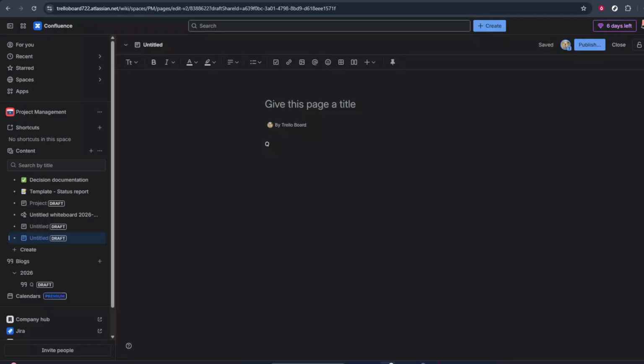In today's video, I'm going to teach you how to embed a Jira timeline into a Confluence page. We'll walk through this process from start to finish so that by the end, you'll be able to display a live visual timeline of your Jira issues right inside your documentation. This is really useful for status pages, project briefs, or wiki spaces where stakeholders want a quick overview without jumping